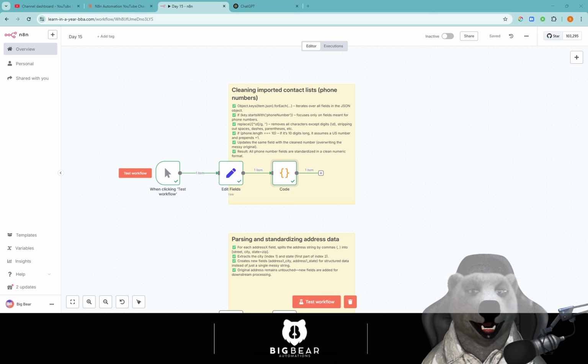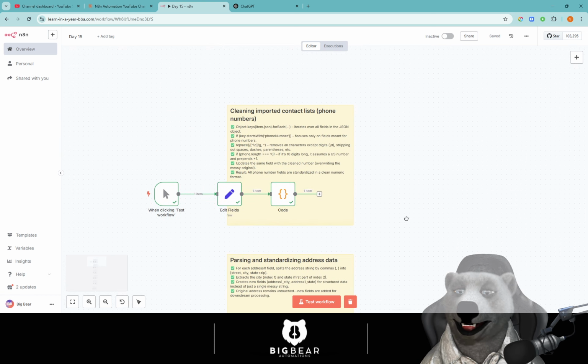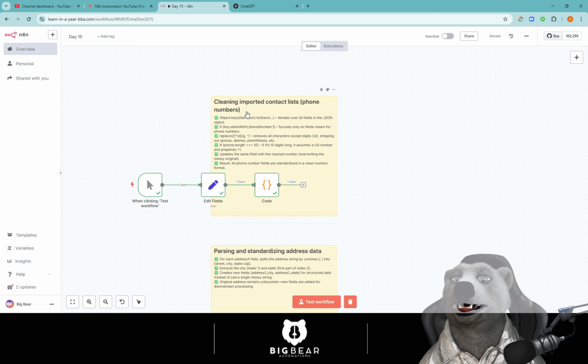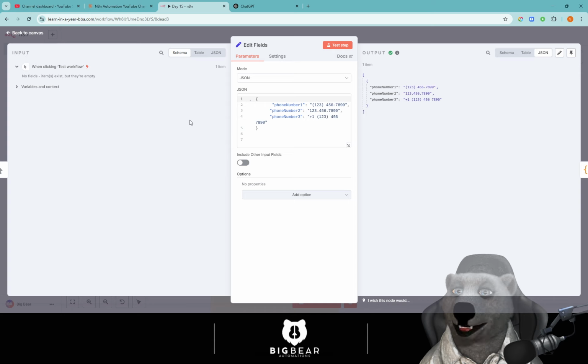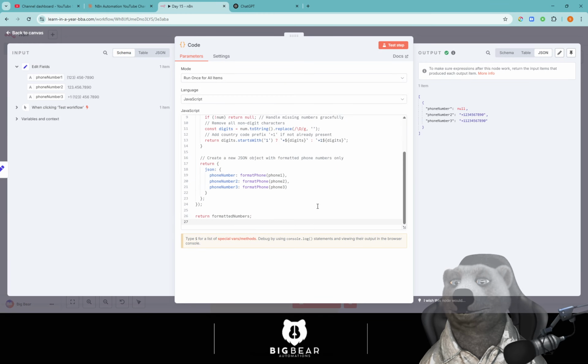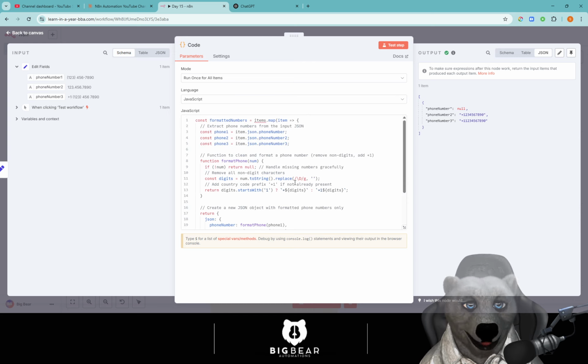So instead of talking loads, well, I am going to talk loads, but instead of going through loads of diagrams or whatever, I've just built some very high level, real world examples. So this one is cleaning imported contact lists. In this example, we've got a database with a load of numbers in it, and these numbers are all over the shop, and we need some standard formatting. As easy as that. Our code node, which is this one, takes in those random phone numbers